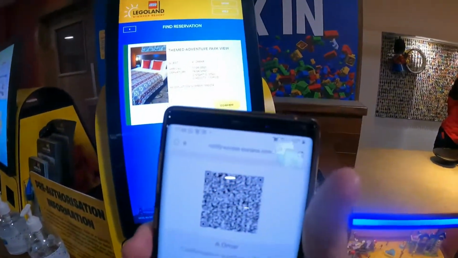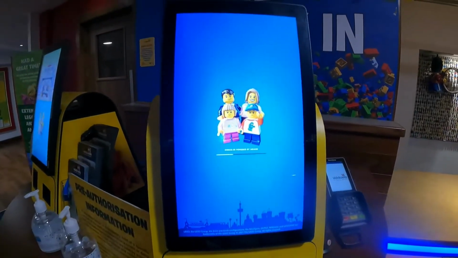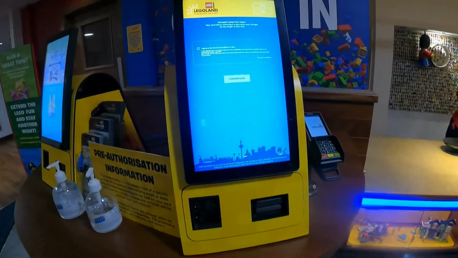Nice. Okay, QR code. So the email will have a red button that says vouchers. You click on that and it'll let you